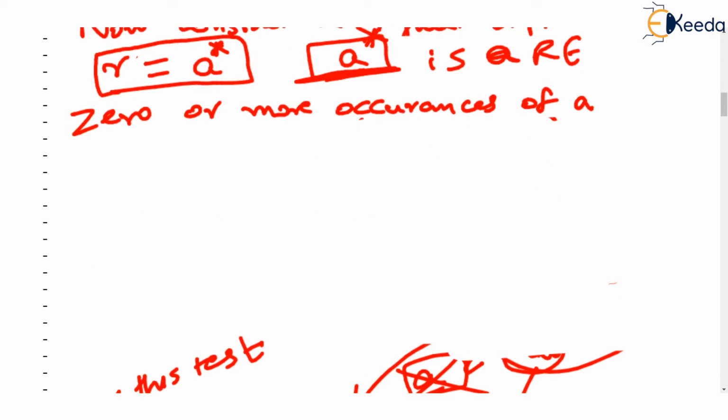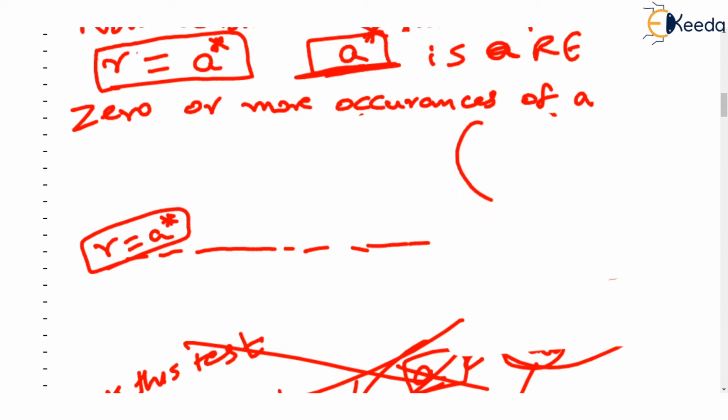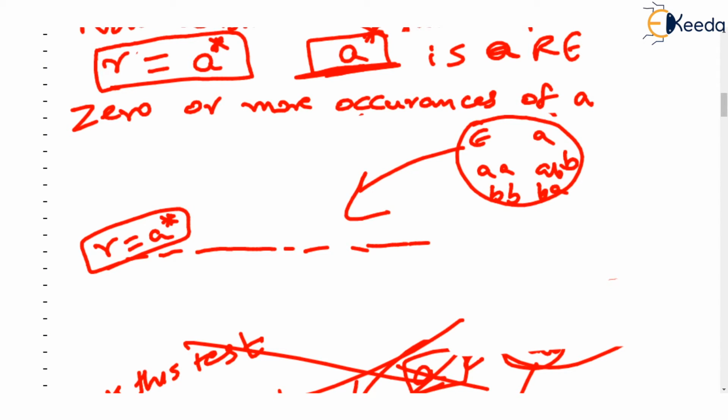Coming back to our filter here, excuse me for this rough work at the bottom. The filter here is R is equal to A star. Now we know that we have a big set which contains epsilon, A, B, double B, AB, BA, and many such strings. Now what if we give epsilon to this filter? Epsilon means zero A's. Please try to understand. What does epsilon mean? Empty string. An empty string has zero A's and it has no B's also. That means epsilon will be there in our output set.